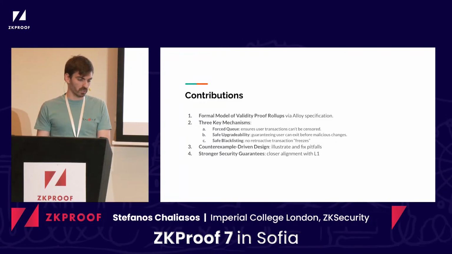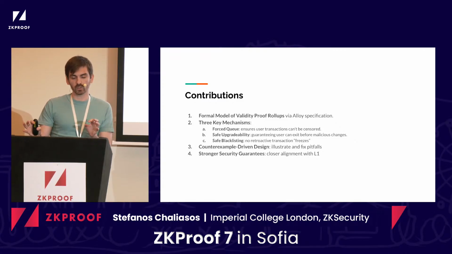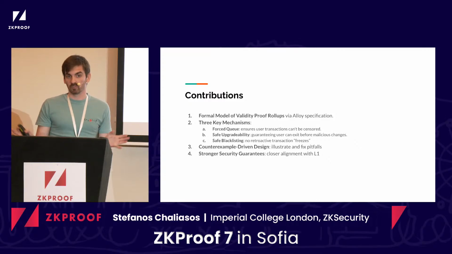So the contribution of this work is that we provide a formal model of validity-proof rollups via Alloy. We model 3 key mechanisms, which are first, the forced queue, which ensures a user transaction can't be censored. Safe upgradability, which means we can perform upgrades safely, and we will explain more what that means. And safe blacklisting. So in some cases, in those L2s, we might actually want to do some censorship for various reasons,